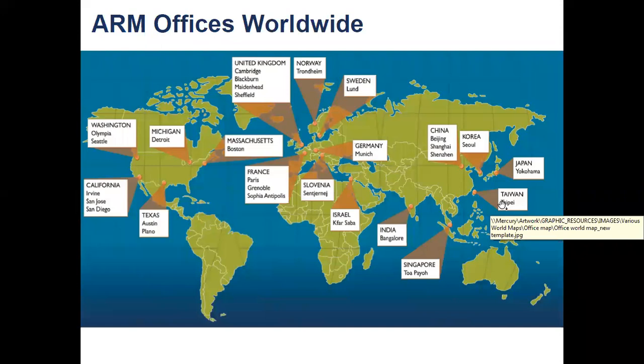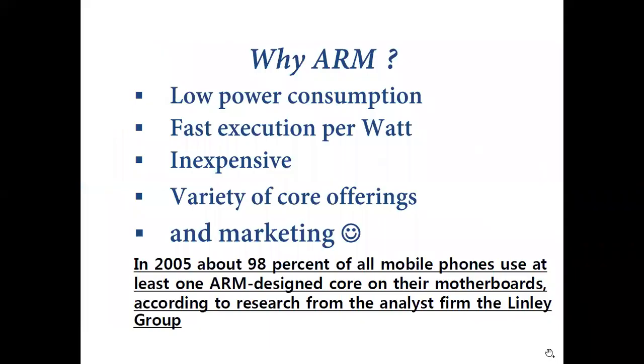So these are the ARM offices worldwide. Different companies have their own ARM processors, right? And if you see why we have to go to ARM processors, as I already said, the first thing is that due to the larger number of instruction sets and the longer compiling time, the ICs, integrated circuits or microcontrollers, started to heat. So the power consumption is also higher.